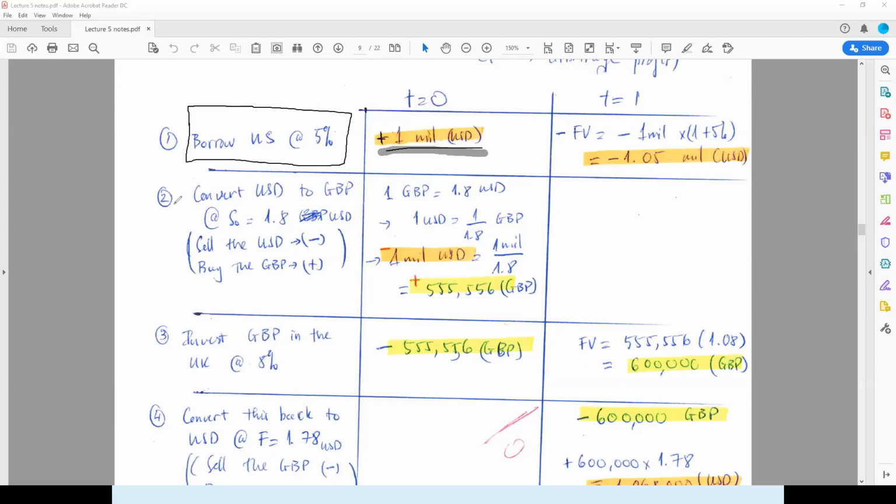So in the second step, I'm going to convert this USD into pounds at the current spot rate so that I can invest in the UK, okay? I'm just converting the dollars, so $1 million, into pounds so that I can invest in the UK. For 1 million USD, if I convert it into pounds at 1.8 USD per pound, I will get